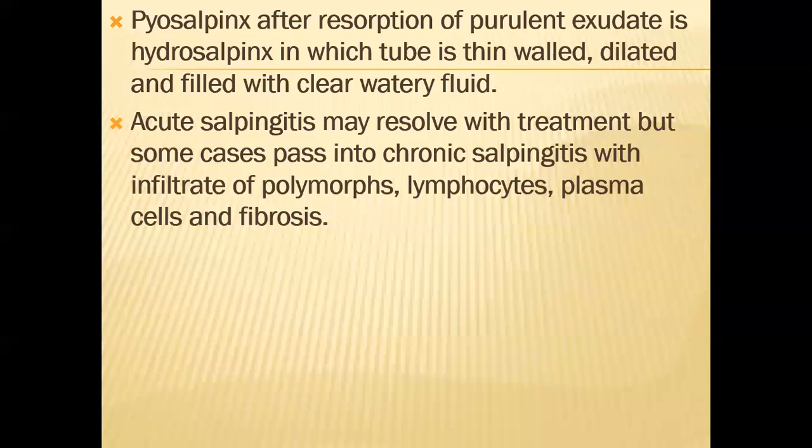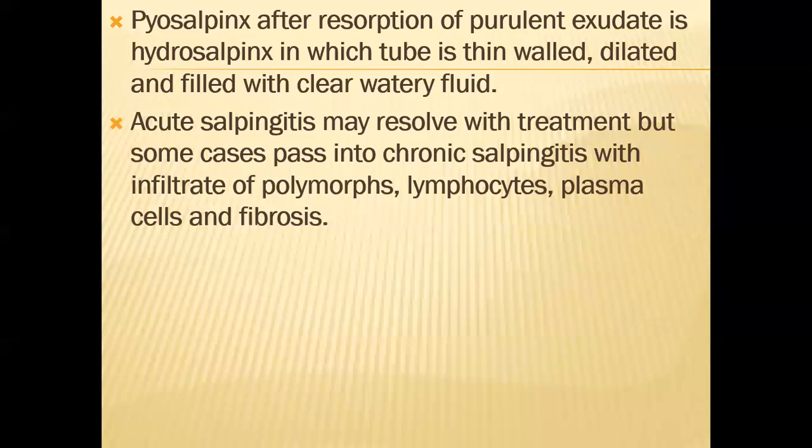If it is treated properly, it can be resolved, but some cases pass into chronic salpingitis with infiltrate of polymorphs and lymphocytes. As you know, lymphocytes and plasma cells are the chronic inflammatory cells. So if acute salpingitis is not treated, it can lead to chronic salpingitis,